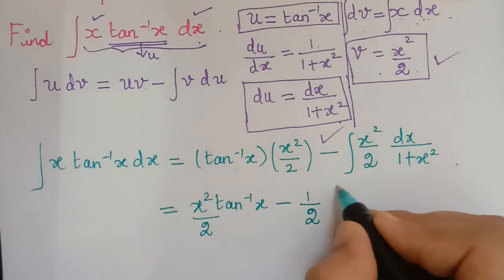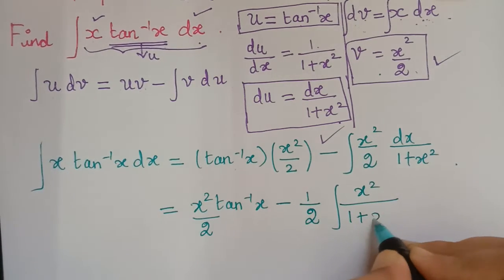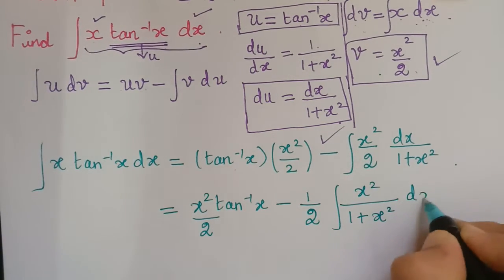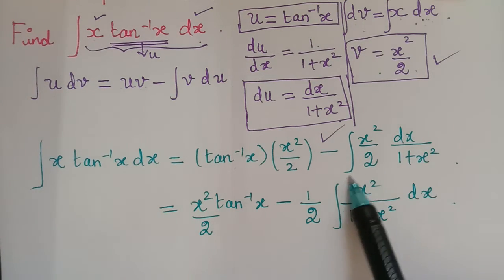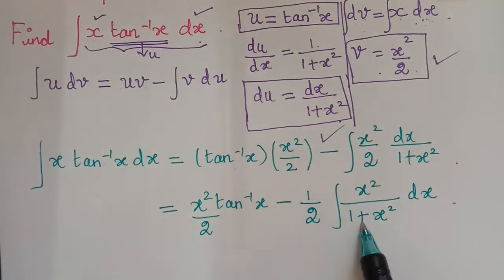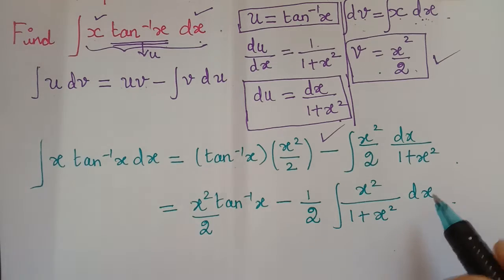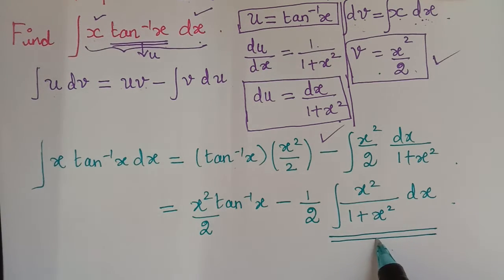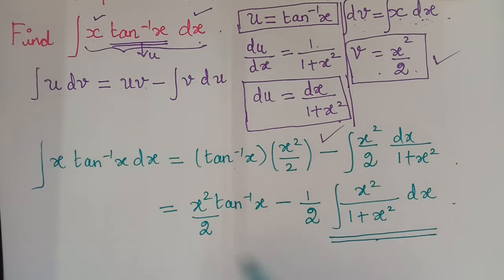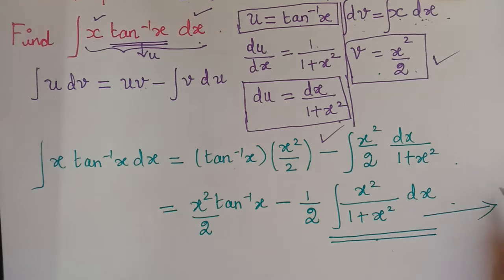So 1 by 2 integral x squared divided by 1 plus x square dx. So now the task here is we have to integrate this term in order to get the final answer. So what shall we do now to integrate this? So let me take this integral separately, evaluate it, and then substitute here. So what I'm going to do is I'm going to mark this whole thing as equation